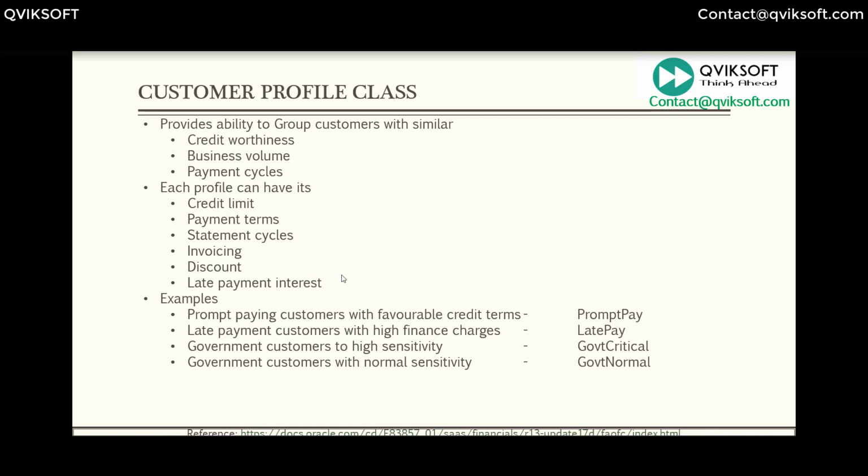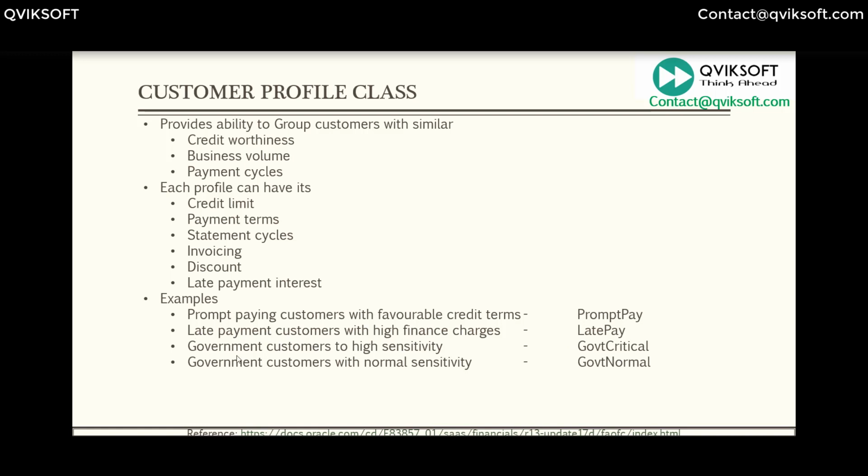These are a very few examples, I'm just giving you a simple example. I spoke about high value, low value. You can also say if customers are paying promptly, you want to give better credit terms to them, because generally this group of customers never have any payment issues or collection issues. So we want to create a simple profile, and I'm just giving a generic name, prompt pay. This group of customers make payments promptly, and we don't have any collection issues with them. Then there could be customers who pay late and we have to calculate finance charges on them. So you can call it late pay.